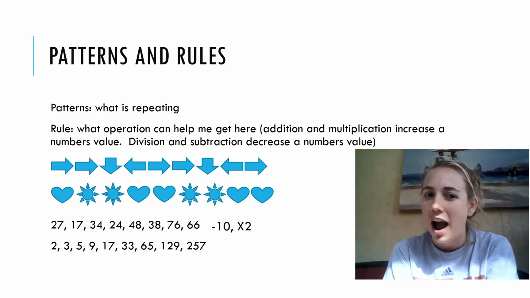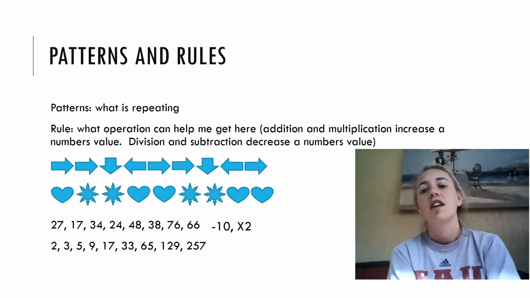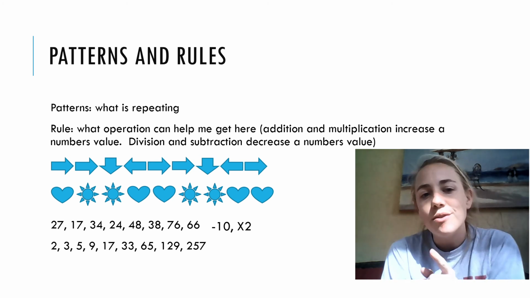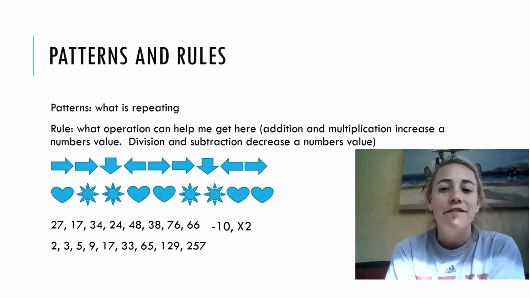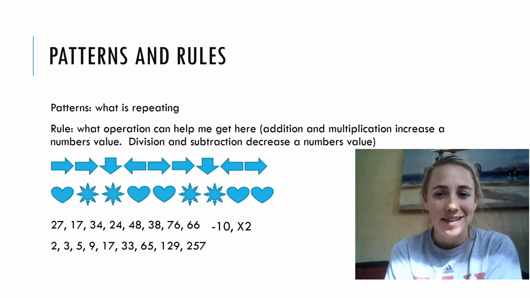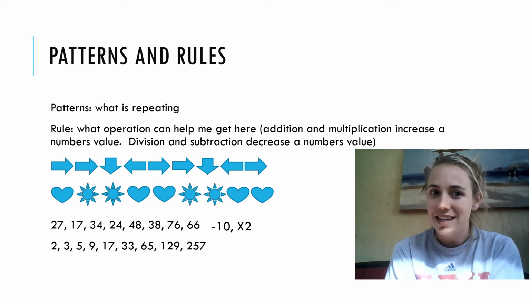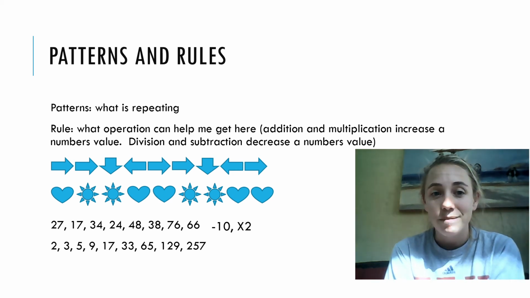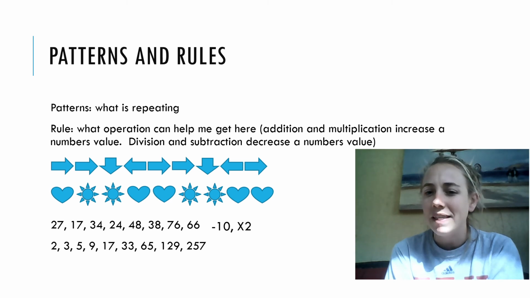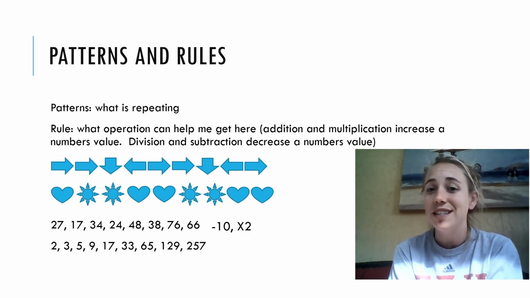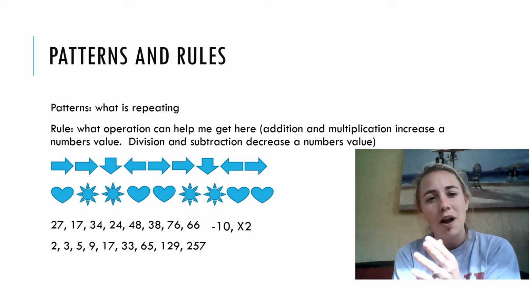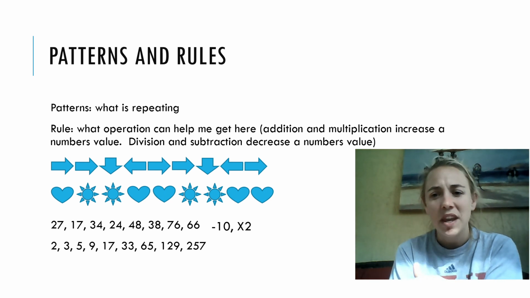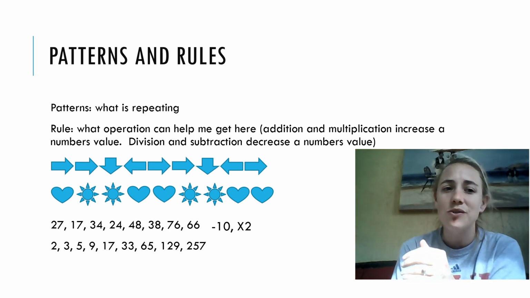So I'm going to tell you what I realized while I was looking at that. I realized that on every single one of these numbers, they're almost doubling. 5 times 2 is 10, and my next number is 9. 9 times 2 is 18, and my next number is 17, which is 1 less than 18. And I know from my last one, 17 times 2 is 34. And my next number is 33, which is 1 less. So, based off of that, I can decide that my pattern is going to be times 2 and minus 1